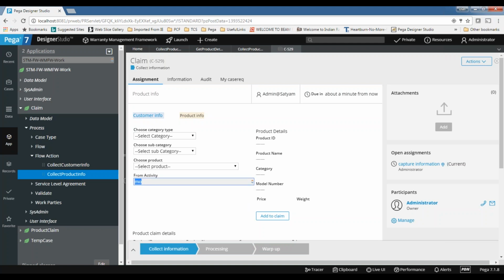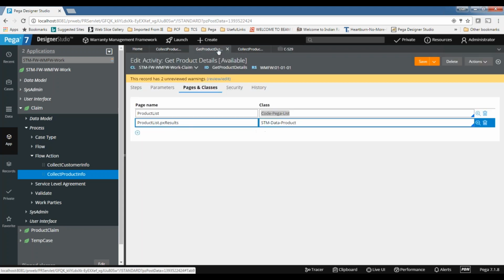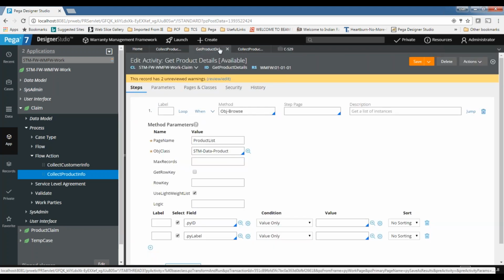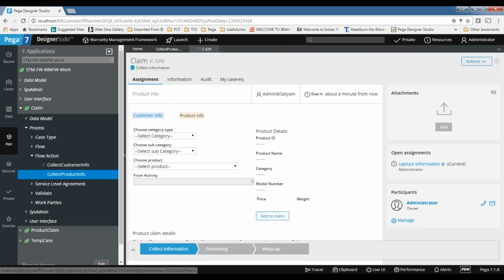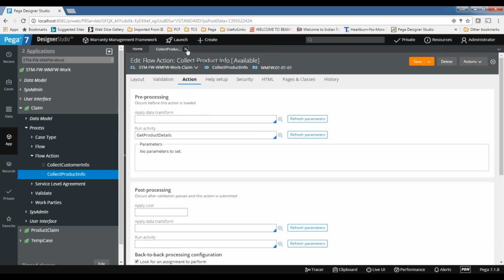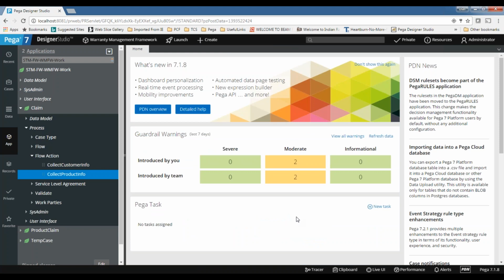The functionality is the same. There won't be any change even if you write from activity or if you write the transform. So this is how we can get the data from the database. But if you want to show it on the UI, you can do something like this. And then the next demo I want to give here is how to save the data. If you want to save the data into the database, basically you need to do the mapping. So you need to do class mapping with the database.